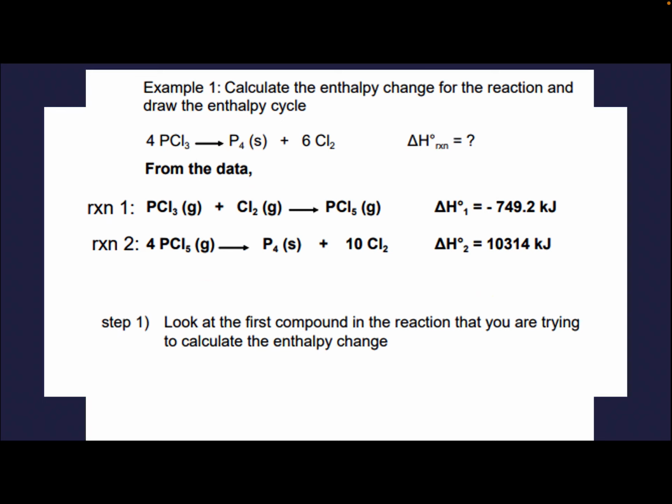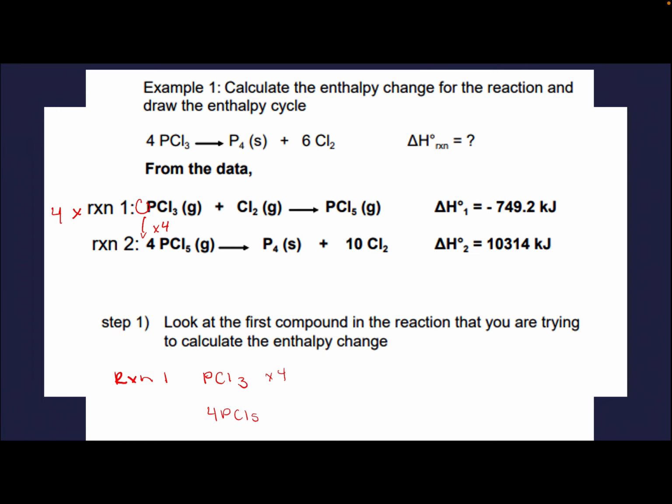So step 1 is to look at the first compound in the reaction that you are trying to calculate the enthalpy change for. So reaction 1 looks at PCl3, and this is on our reactant side. But because we're going from 1 to 4, we need to multiply this by 4. Okay? And in order to do that, we need to multiply the entire reaction by 4. So therefore, we're going to multiply that by 4. We're going to get 4